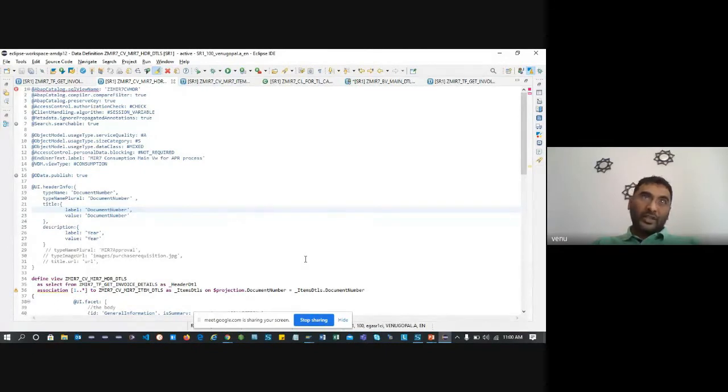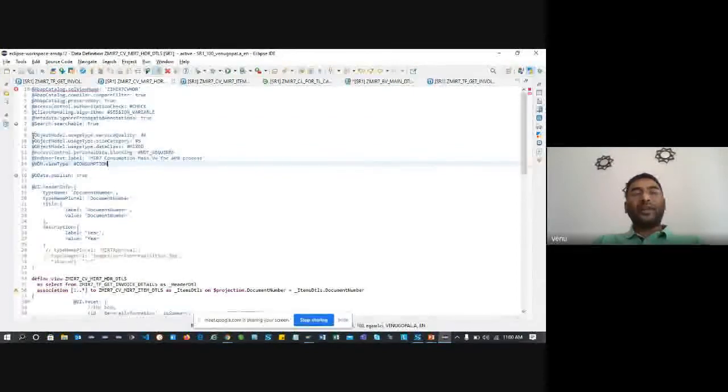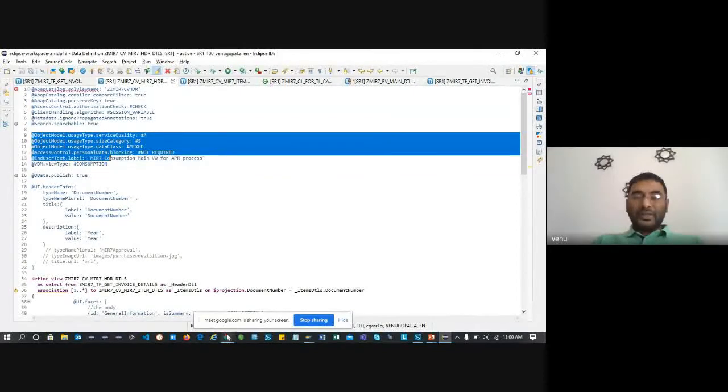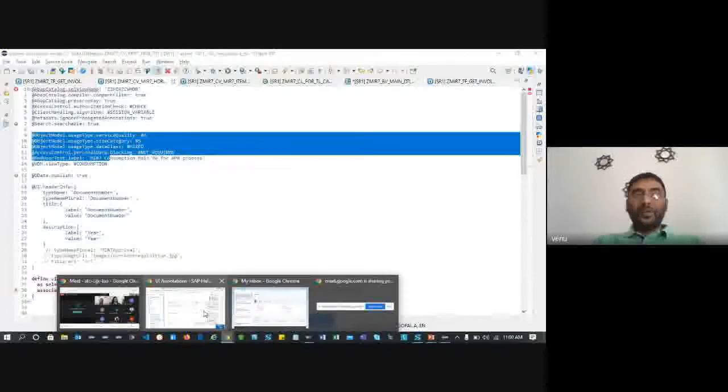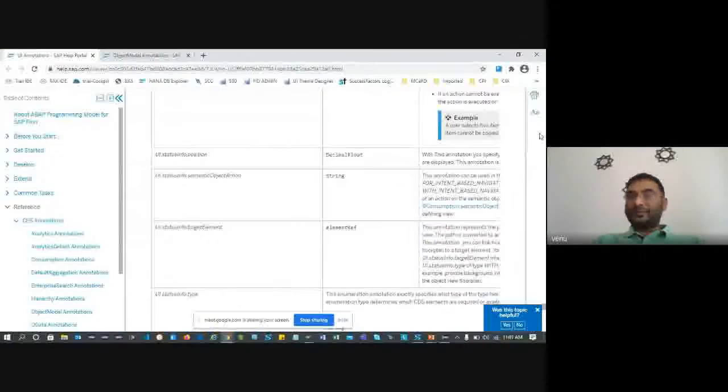Most OData consultants know about associations. The way you create them in OData, we can create in a similar, simplified manner. Here I created simple annotations that you can maintain. In the object models you have different types of annotations. All of these you can follow from help.sap.com.